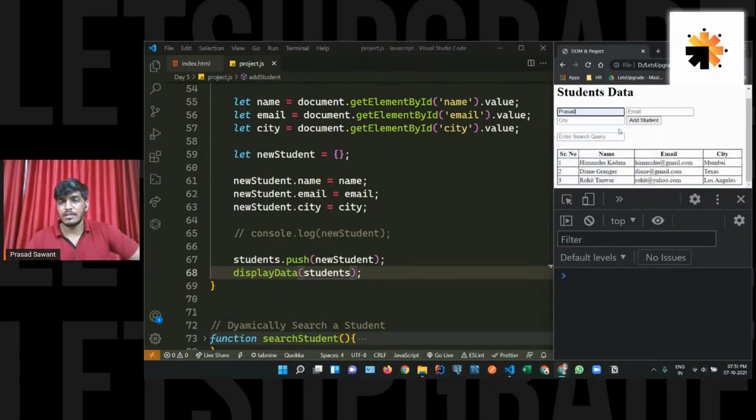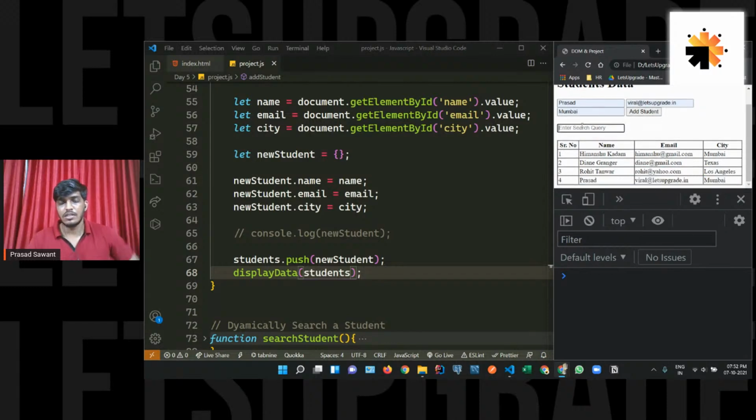So now let's try to add a new student. Add. So you see it's adding. Okay, it's adding. Now we want to search. Now let's see, it is just printing. It's just printing, right? We want to basically put it onto the